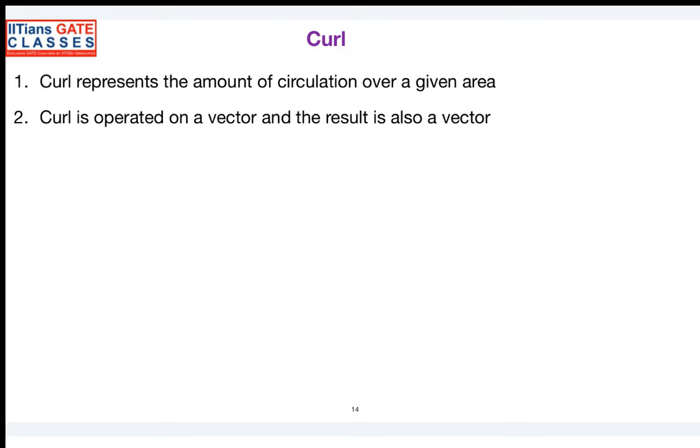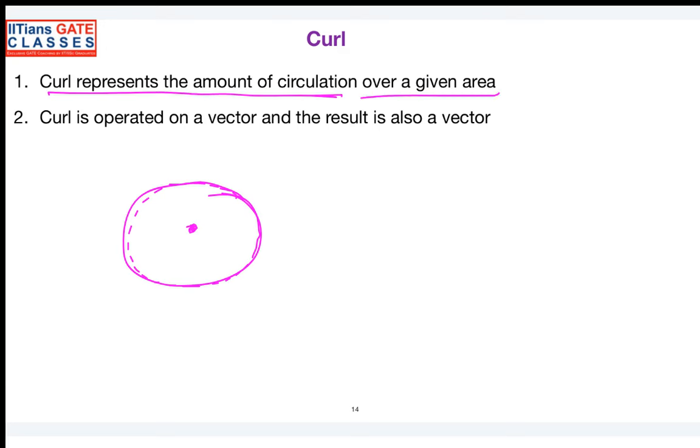Whenever you apply a curl, it should be operated on a vector and the result is also a vector. What is the meaning of that? When you consider any vector, let us say A is equal to AU cap plus AV cap plus AW cap, the curl is defined with the symbol del cross A. It is basically a cross product. So the input is a vector and the output is also a vector. The curl is given by this equation,